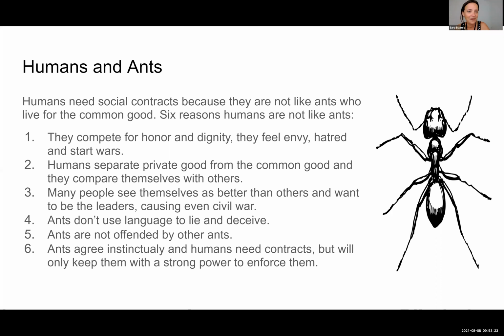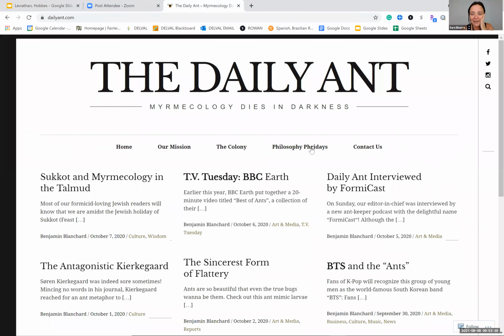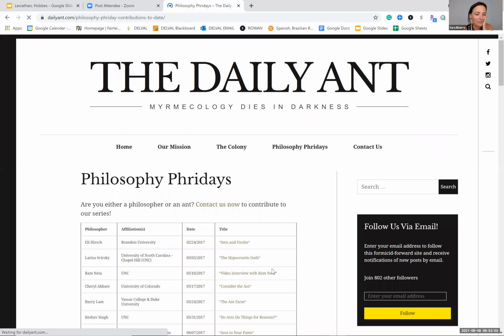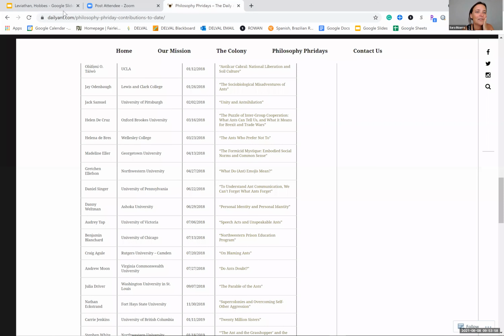And it's really funny. I was looking at the internet and I did find, let me see if I can share with you, this really funny website, the Daily Ant, dailyant.com. And they have a philosophy section of ants and philosophy. So that could be cool. And there's all these different articles. I was looking at an article about ants and Hobbes, and I don't see it. So maybe I'll write one and submit it to this website. I think that's just fascinating. Ants and philosophy. Who knew? I didn't know. Now I do.